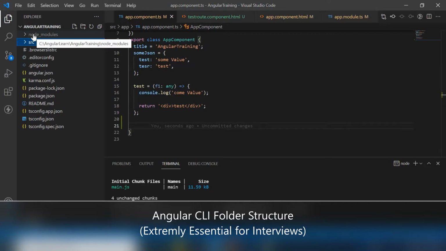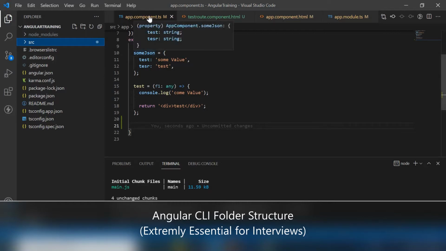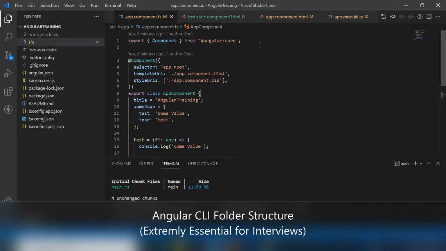Node modules is a folder where all these dependencies are stored. Like if I open a sample page for you, let's say this particular page, you can see we are importing some Angular core. Where is this Angular core, where are the dependency files and the library of Angular core residing in your project?